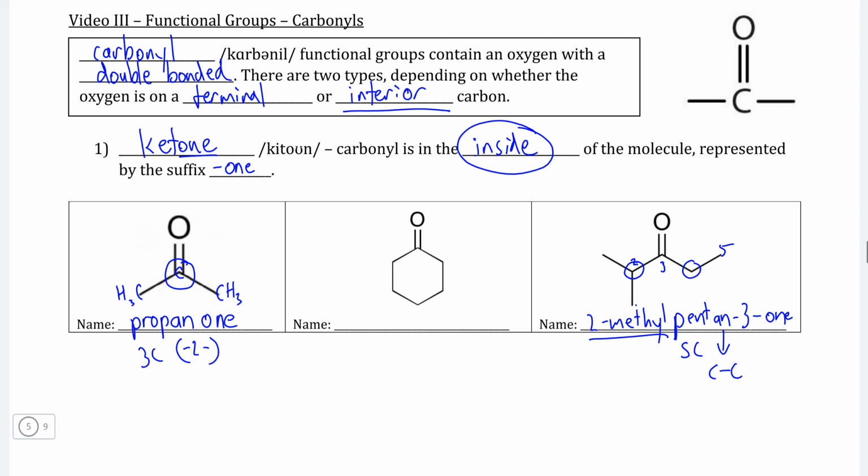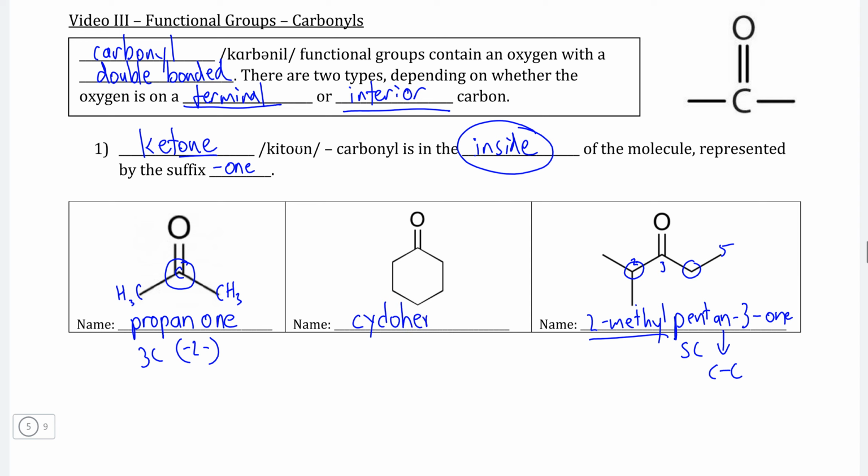Now, cyclic ketones are actually interesting because there is no choice but for the carbonyl to be a ketone within a ring structure because ring structures do not actually have terminal carbons because each carbon within the ring connects to 2 other carbons inside of the ring. And therefore, we can simply call this